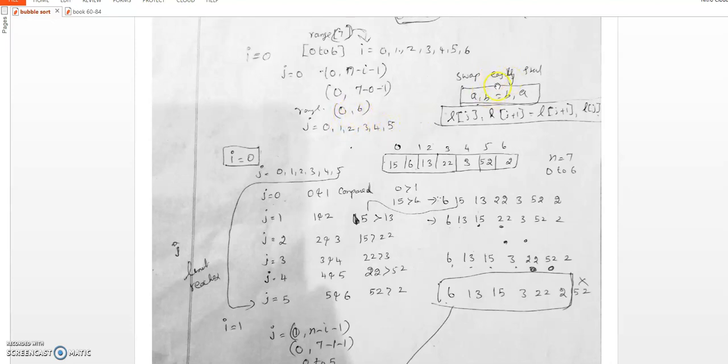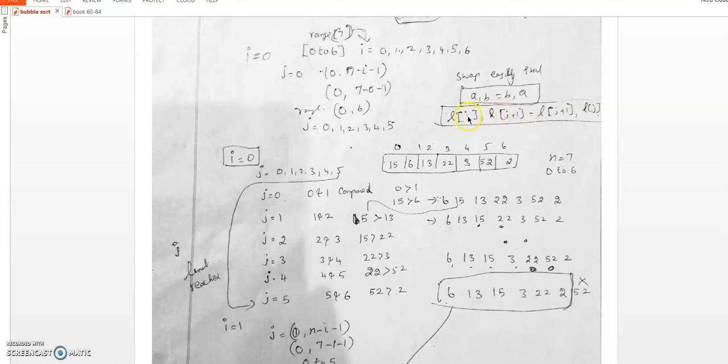Swapping means, if I want to exchange two values, there is a feature available in Python only: a, b = b, a. What is the b value? It is unpacking. We have already seen unpacking in tuples. Unpacking means the b value is assigned to a and the a value is assigned to b. Likewise we can swap the values. The same concept we have followed in the j loop also.